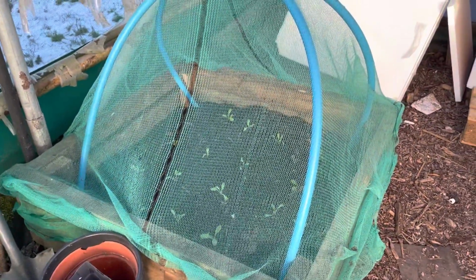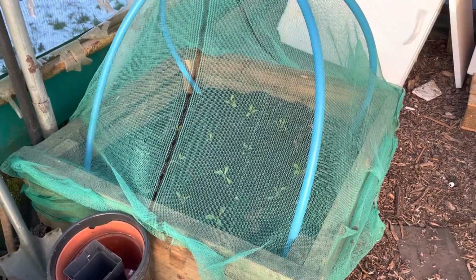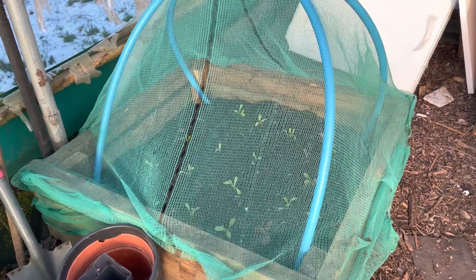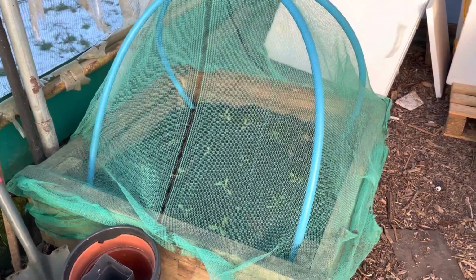So yeah, I didn't do too bad, and I'm hoping if I can manage to get this rat problem a bit under control, that these will be really great for growing my tomatoes in this year, and I should be able to get quite a few tomatoes in one bed there together. Fingers crossed anyway. Let's go down and have a quick look at the other